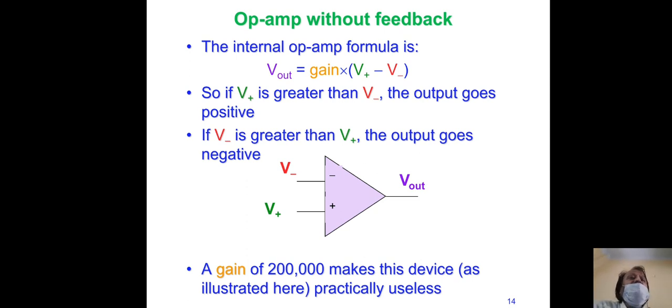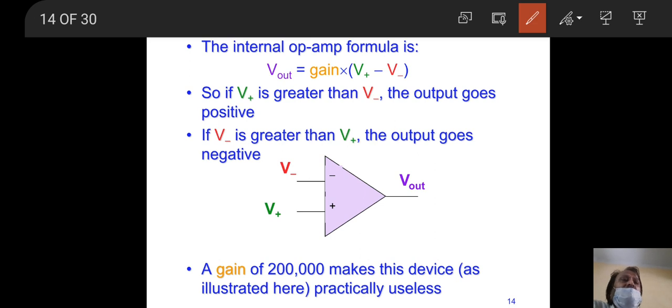Now, the operational amplifier without feedback. You are using two terminals, V negative and V positive. V negative is the inverting terminal, V positive is the non-inverting terminal, and there is V out. So what is the gain? The op-amp formula: you can write V out is equal to the gain multiplied by the differential input. So V out is equal to, what is the gain? A1.